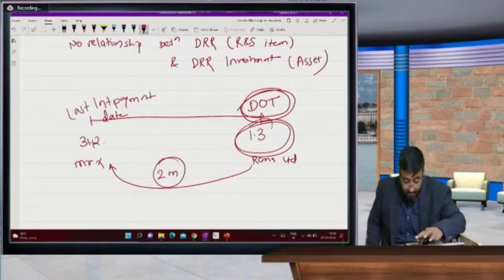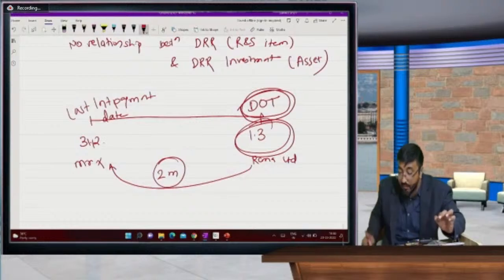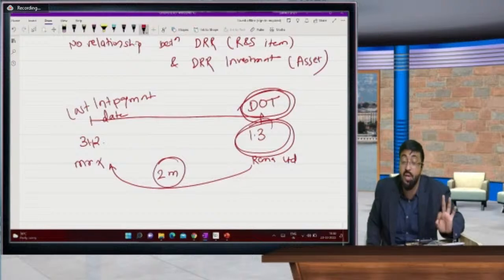So the date of transaction is 1st March. Is this concept clear? Tell me in the comment section if anyone is not getting this concept. Suppose Rama Limited is buying this debenture from Mr. X. Mr. X got the interest up to last 31st December. Now he holds the debenture from 31st December up to 1st March, that is 2 months. Rama Limited is buying it on the 1st of March. So obviously Mr. X will ask for 2 months interest, because for January and February he is not getting any interest. Therefore, Mr. X will ask for 2 months interest.